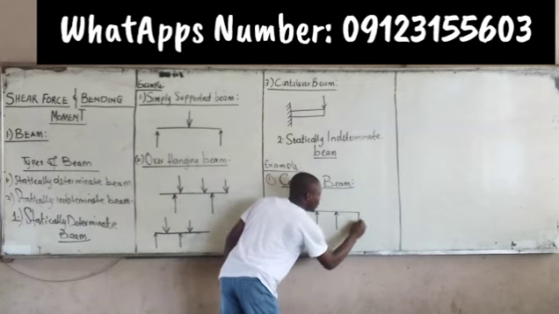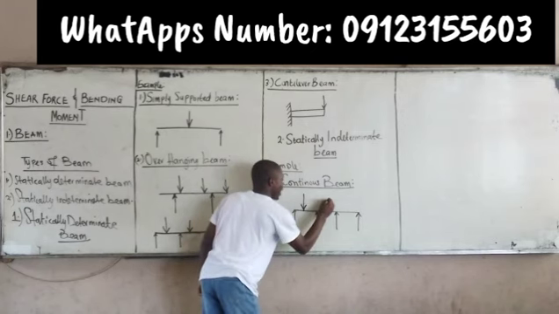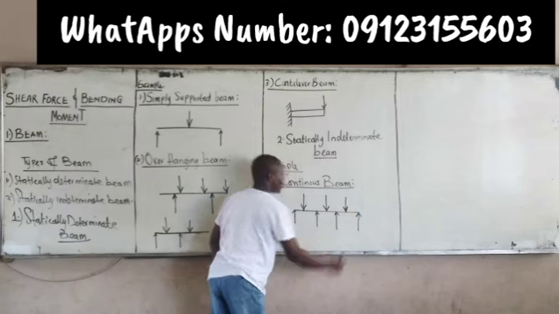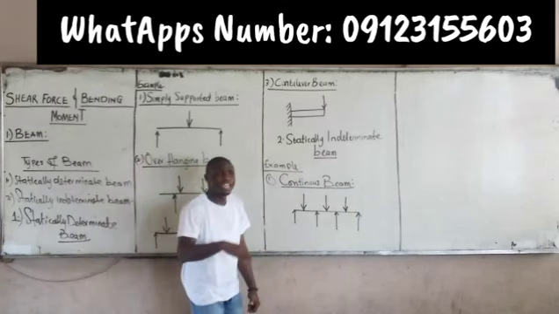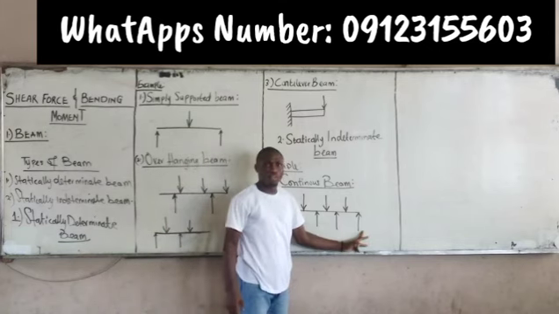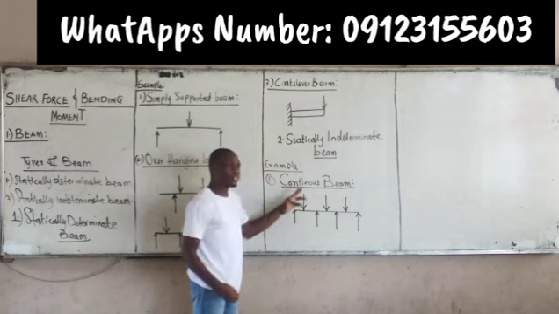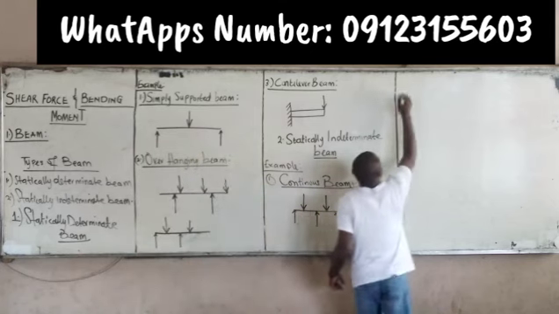Right? It has more than what? Two support systems, as you can see in front of you. So I have this. This is what? A continuous beam. A beam that has 3, 4, 5 support systems is called what? A continuous beam. Alright, the second one is called